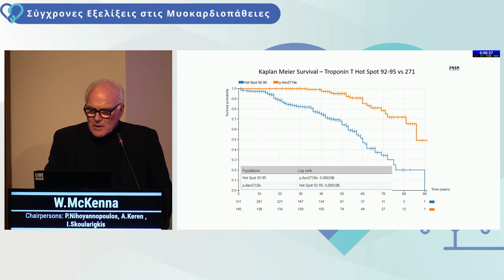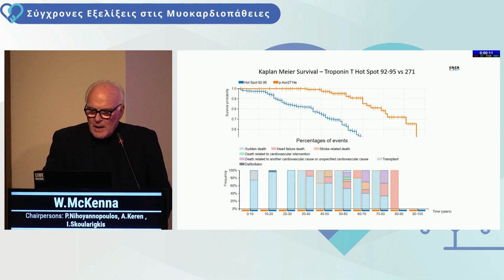But if you take alleles encoding amino acids 92 to 95 in troponin T, this is the lower survival curve. And if you take alleles encoding the 271, the upper survival curve, they're very different. And if you drill down even further, the light blue are basically sudden deaths, and the red are basically heart failure related outcomes. If you drill down and look at male versus